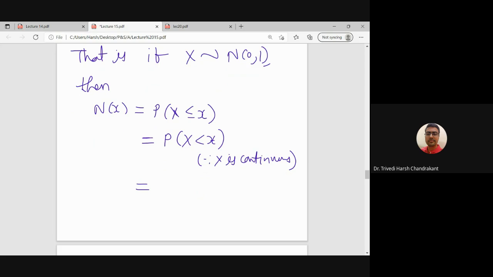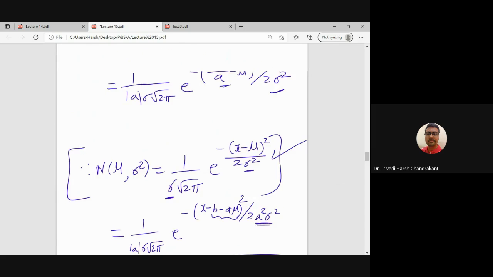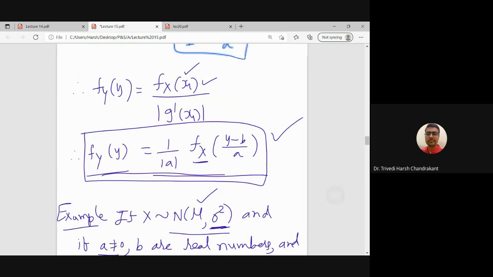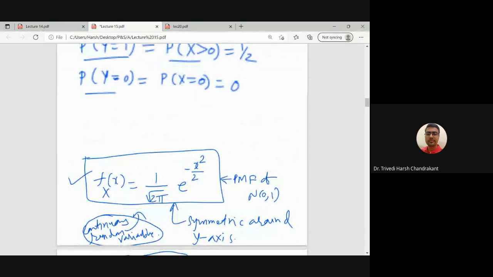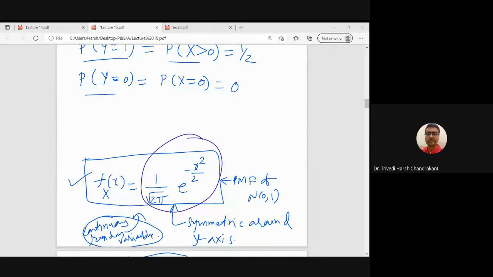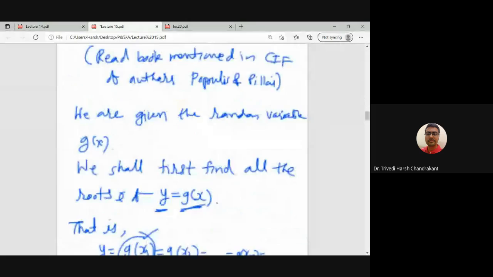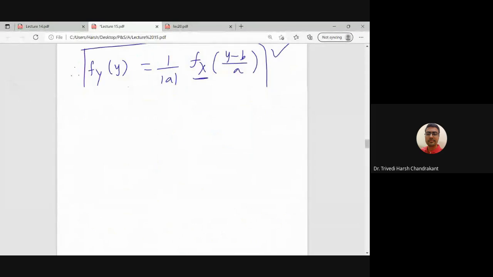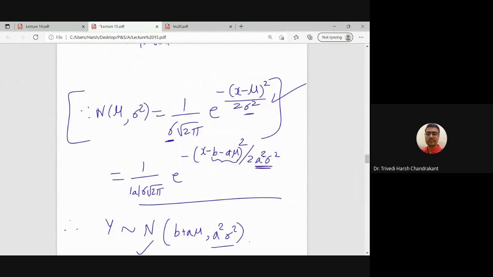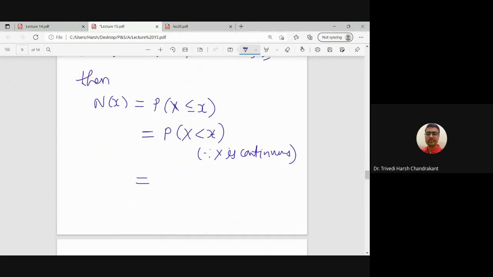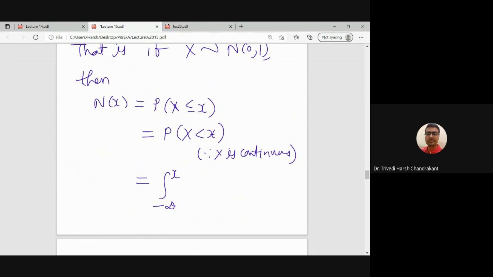So what is this probability function? We know the formula of the standard normal distribution. We have already mentioned it above. That is 1 upon root 2 pi e power minus x square by 2. Using this PDF, we can find the CDF up to x, and therefore it is nothing but the integral from minus infinity to x of the function 1 upon root 2 pi e power minus t square by 2 dt,